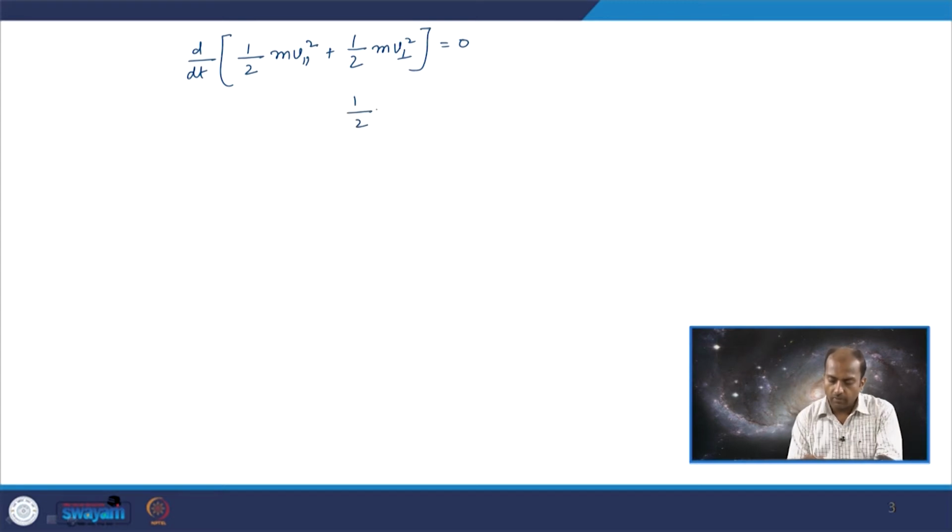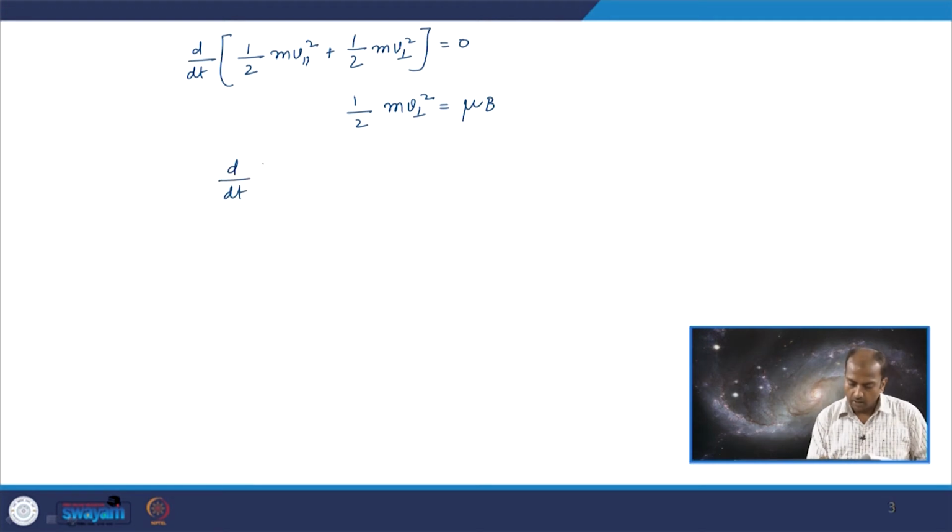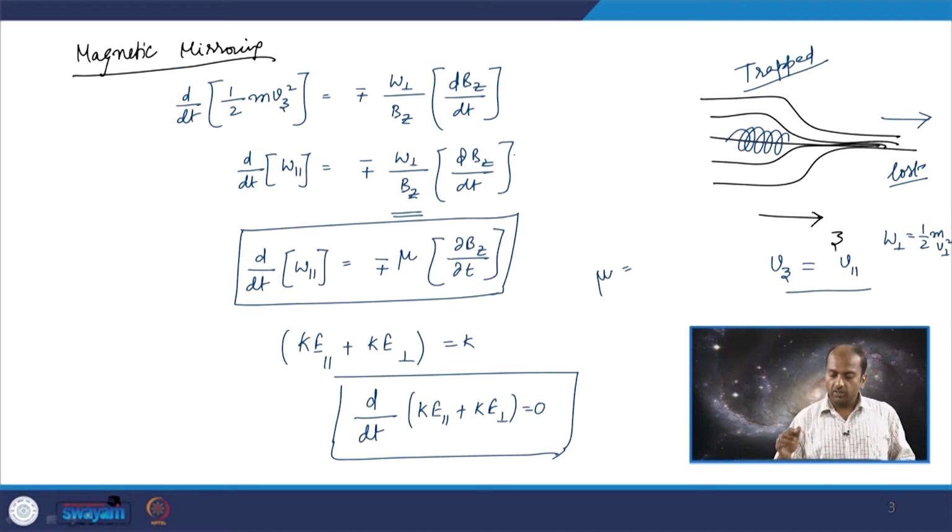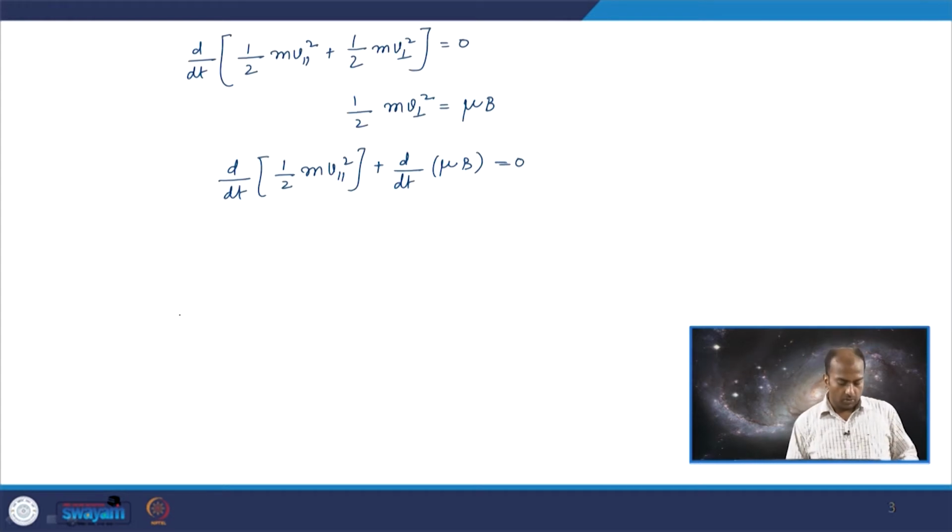Now, we know that half m V perpendicular square is equal to mu times B. So, we can substitute: d by dt of half m V parallel square plus d by dt of mu B is equal to 0. From this expression, we know that the rate of change of the parallel kinetic energy is minus mu times dB by dt. So, if you substitute it, we will write d by dt of mu B